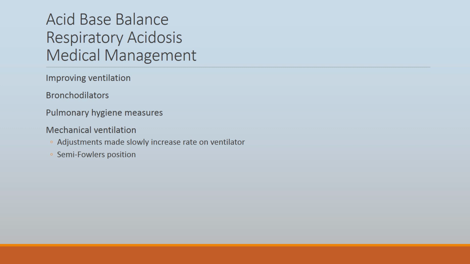So what happens when we do this? What do we try to do? The biggest thing is ventilation. All the conditions we mentioned are connected to the lungs. So what are the things we're going to do? We're going to use bronchodilators to enhance and open up the airway. We can use pulmonary hygiene measures, push fluids, reposition the patient frequently. But most commonly, these patients are on the ventilator, so you're most likely going to have to adjust your ventilator settings.